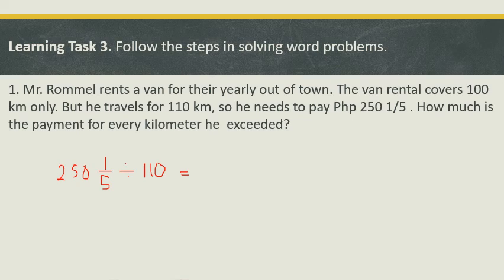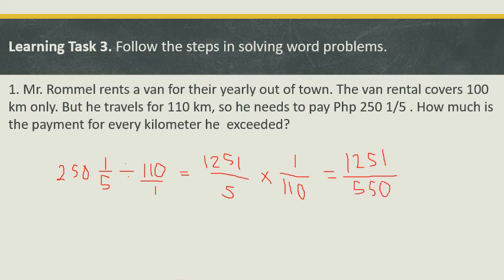So, 250 times 5 is 1,250 plus 1 is 1,251. So, over 5. Times, yung 110 ay magiging 110 over 1. So, magiging 1 over 110 kasi reciprocal. So, 1,251 times 1 is 1,251. And 5 times 110 is 550. So, 1,251 divided by 550